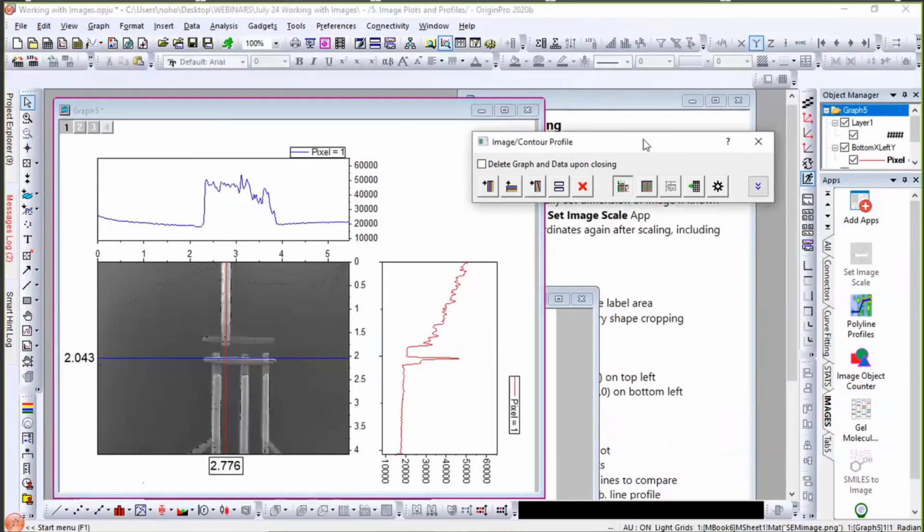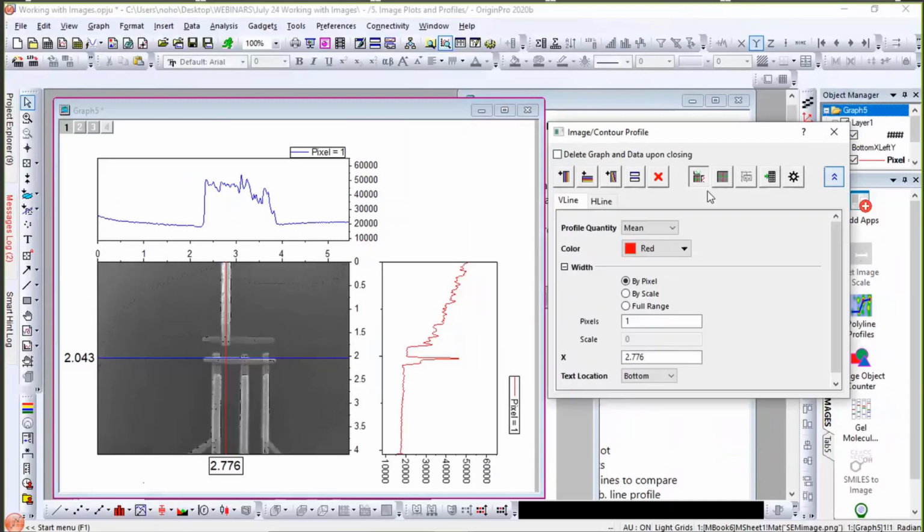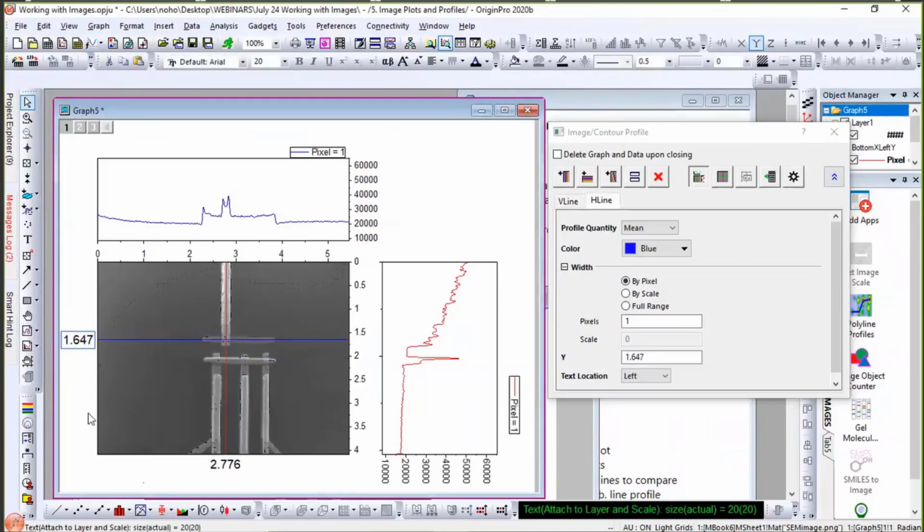So this tool is pretty nifty. It can do a bunch of things. Let me show you. Over here, if I expand this button, I can see the tabs for my vertical line and my horizontal line. I have 2 lines already placed. I can move them around. You can see the projections. Origin is sampling the pixels along that line. I can come here and